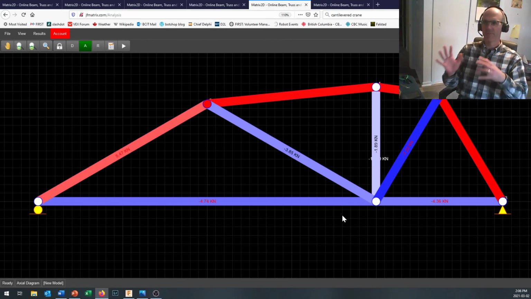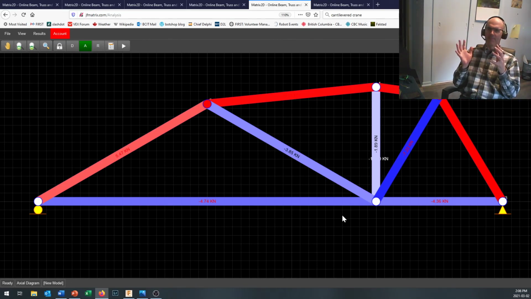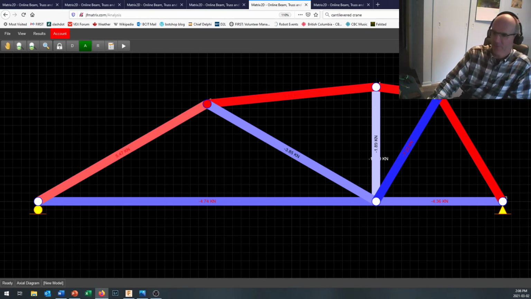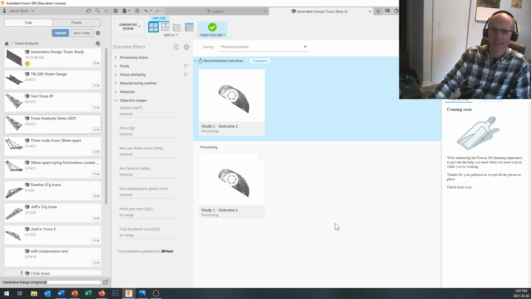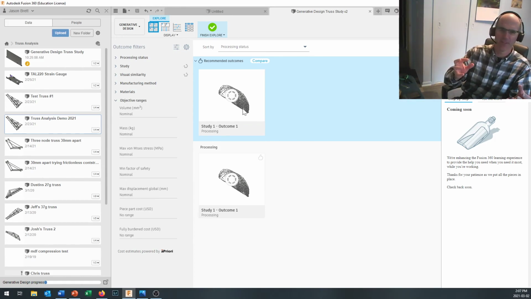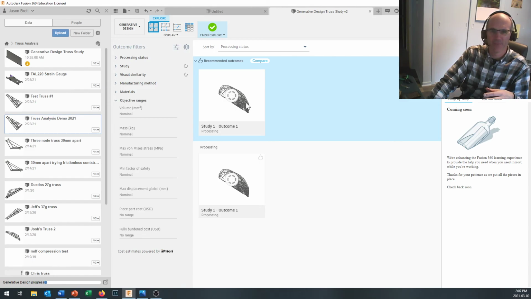Okay, folks, Fusion 360 is really cool. It can do really, really complex analyses. In fact, right now, I'm playing around with something I haven't done before in Fusion 360 called generative design. I tried setting it up and said, okay, here's the conditions, here's the constraints. You can have material within this range, remove things and make it as light as possible. And it goes through and generates a pretty cool organic looking structure. I didn't have any way to tell it that it had to be a truss with 70 millimeters between nodes,